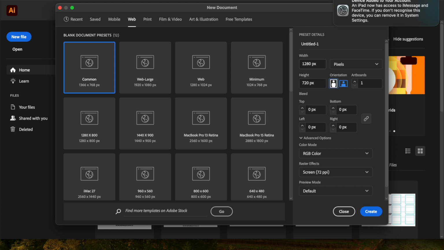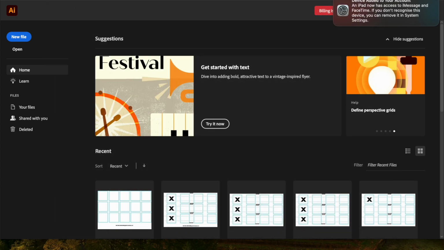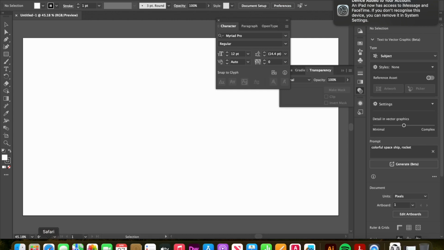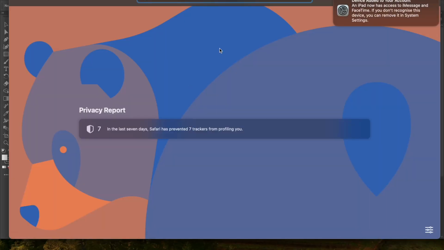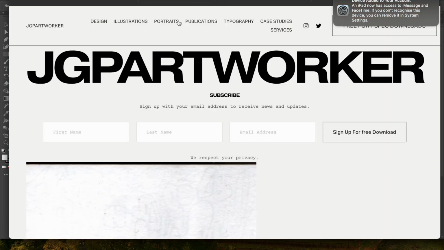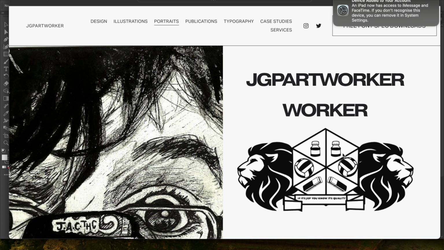So go to the dialog box and type in 1280 pixels by 720 pixels. Once you do this, the document opens. I pressed M on the keyboard, but I want to put my logo on it, which I think is quite important. So I've gone to my website at jgpartworker.com, into the portrait section,